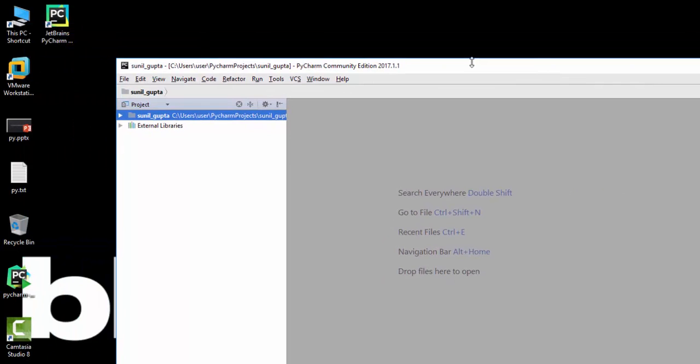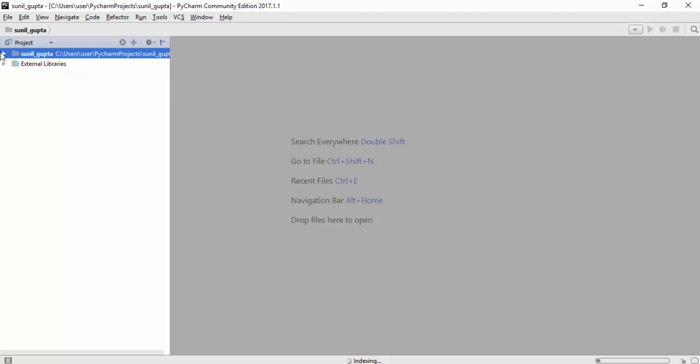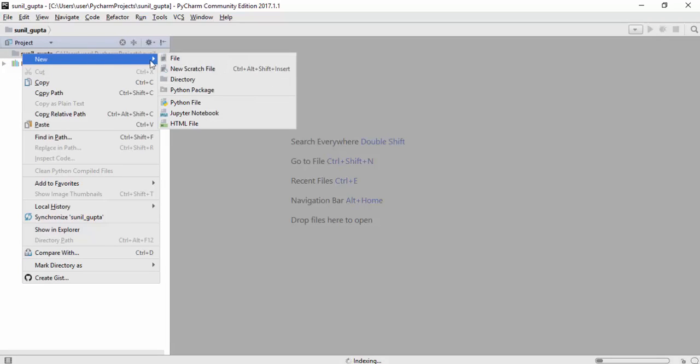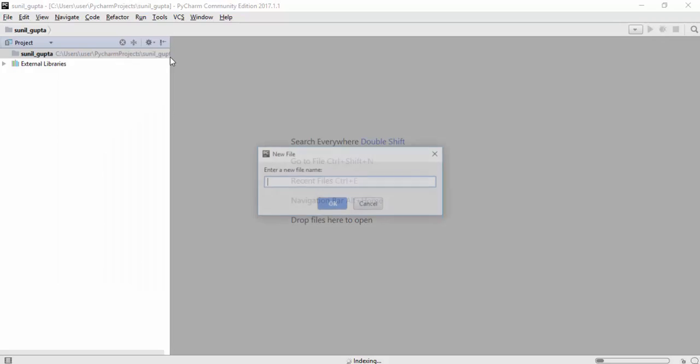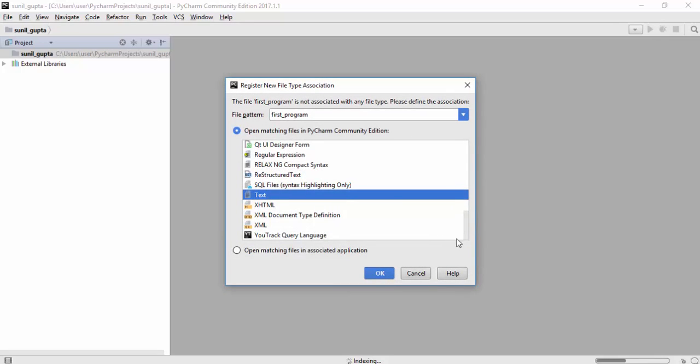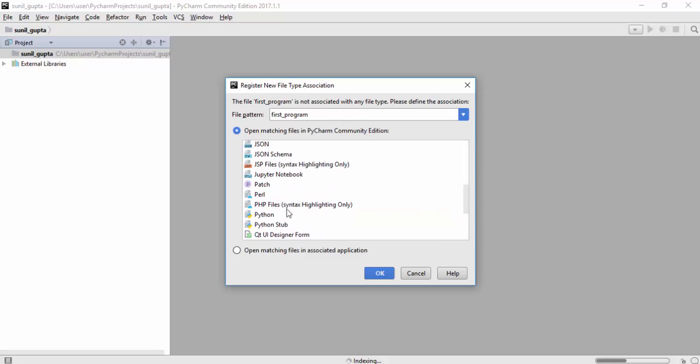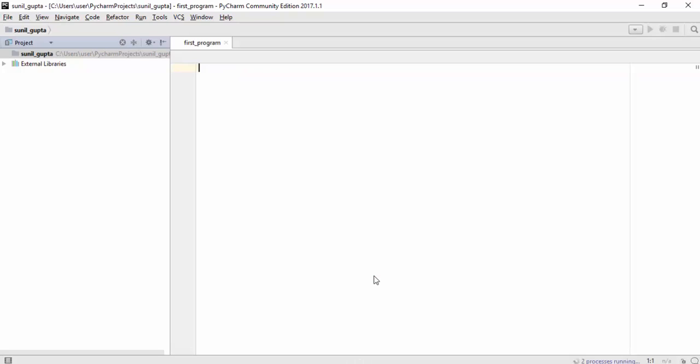This is your latest edition of PyCharm, and this is your project. And if you want to create a file, then right click in it and click on file, enter a new file name, first underscore program, click on OK. And what type of file do you want? I want a Python file because we are doing Python programming. So click on Python and OK. Here we go. Our first program, first file, has been created, and now